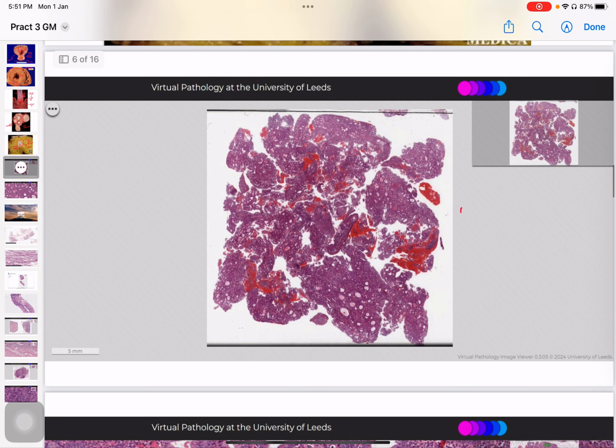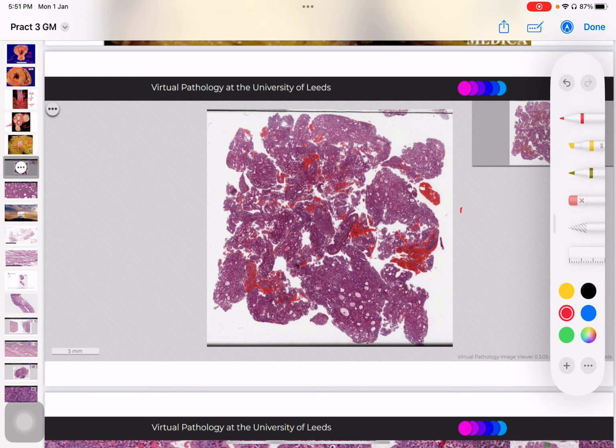Next, we'll go into the virtual microscopy. Please make sure that you open the virtual microscopy and don't take the images that are shown in this video. The first image, when you click it, you will see this low power image of the endometrial tissue,